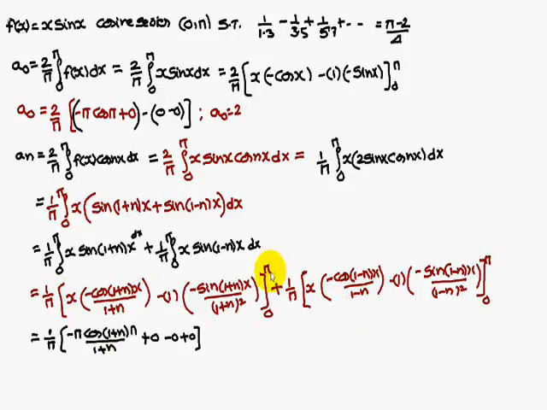If you substitute the upper limit here, 1 by pi into minus pi cos 1 plus n into pi by 1 plus n. If you substitute sin 1 plus n into pi, 0. Next if you substitute 0 into something, 0, sin 0 is 0, so remaining terms will be 0. Similarly 1 by pi into, if you substitute the upper limit, minus pi cos 1 minus n into pi by 1 minus n, sin pi 0, next third term also 0, if you substitute here fourth term also 0.